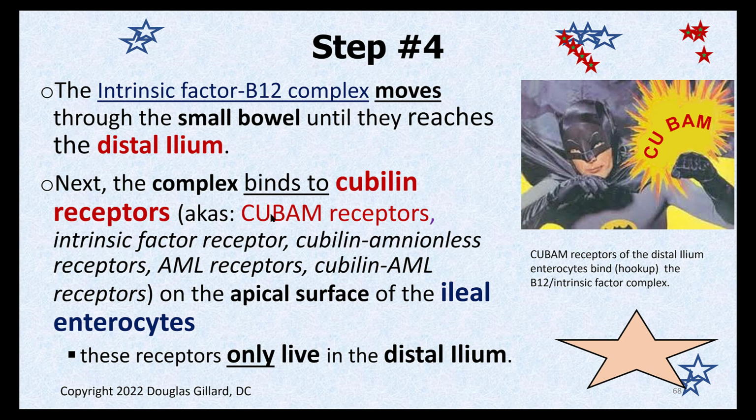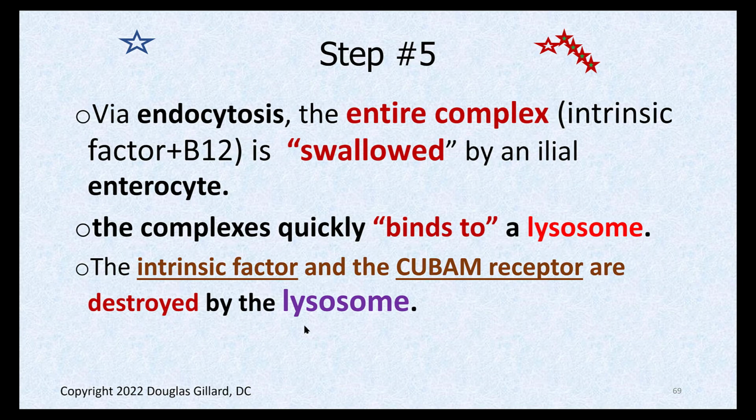And once they bind via endocytosis, intrinsic factor and B12 are taken inside the simple columnar cells that line the distal ileum. You could call them ileal enterocytes, if you will. Once inside an ileal enterocyte,